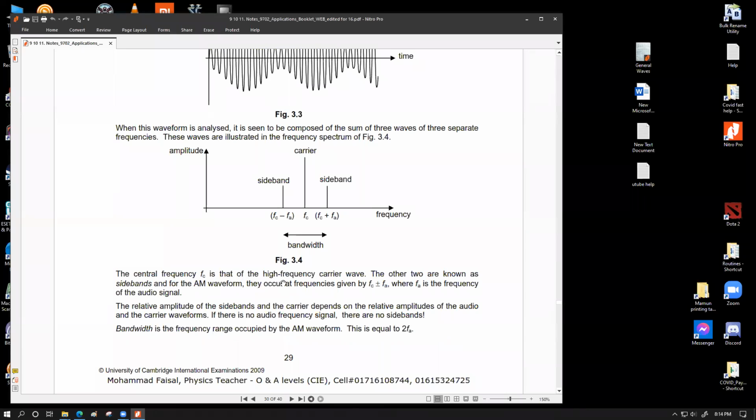Here comes the bottom line. The center frequency FC is that of the high frequency carrier wave. The other two are known as sidebands of the AM waveform, and their frequencies are FC plus or minus FA, where FA is the frequency of the audio signal. The relative amplitude of the sidebands and the carrier depends on the relative amplitudes of the audio and the carrier waveforms. If there is no audio frequency signal, there are no sidebands. What it means is that